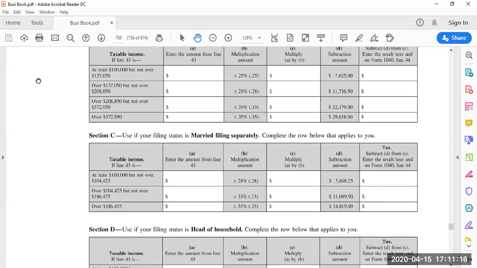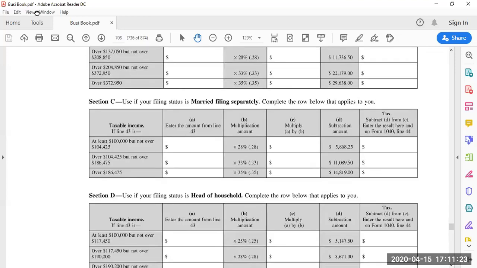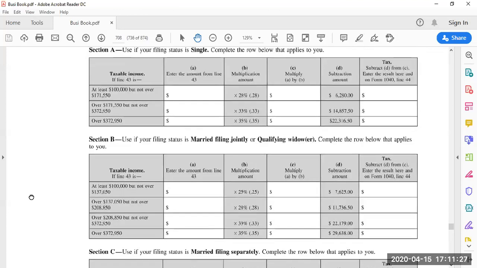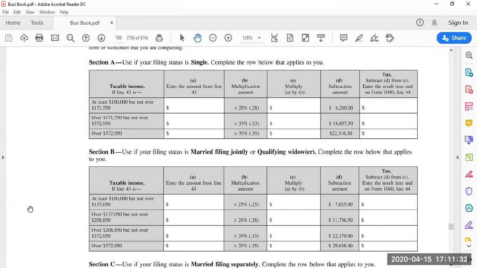Section C is if you're married filing separately, then you have to use this. And then finally, if you're head of household, you use Section D. Let's go back up and look at some of these sections. Section A, if you're single